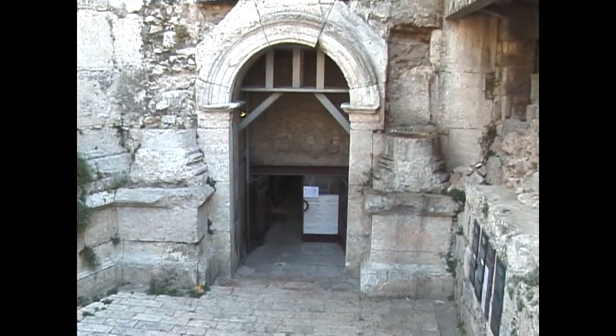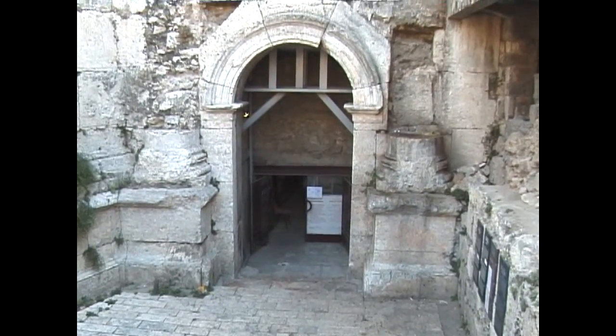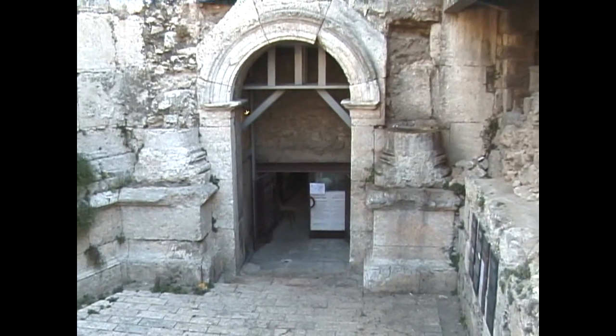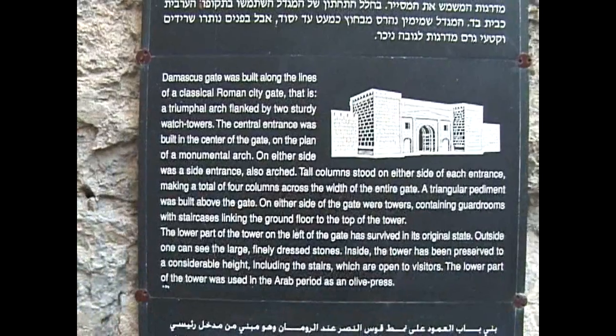We learned about this gate from the lady at the Garden Tomb, the wife of the British man that runs the Garden Tomb. So she believed, or we believe, that it is certainly a possibility that this is the gate that Jesus walked through. Walking through part of the old city,